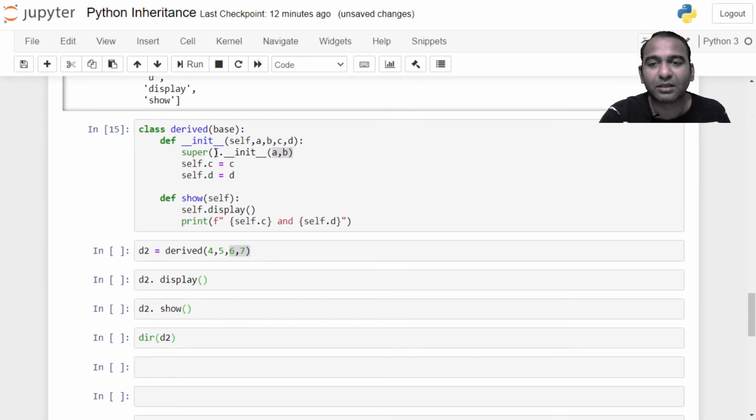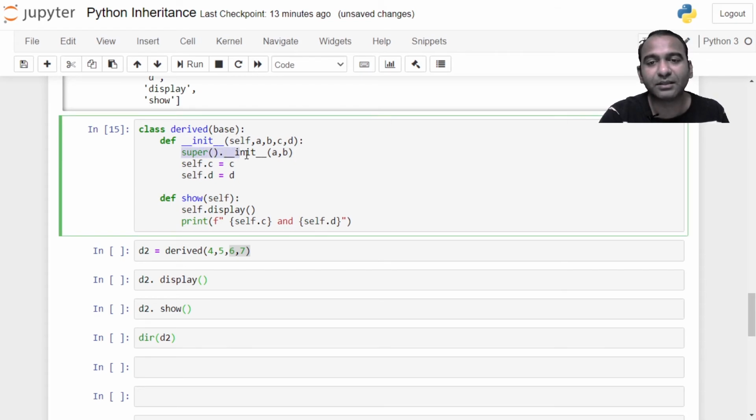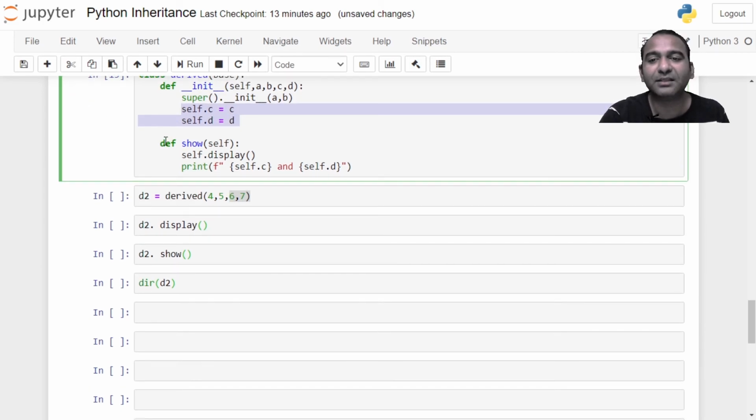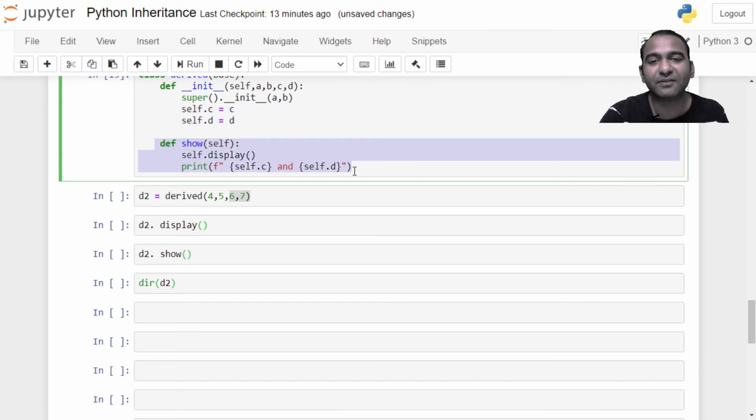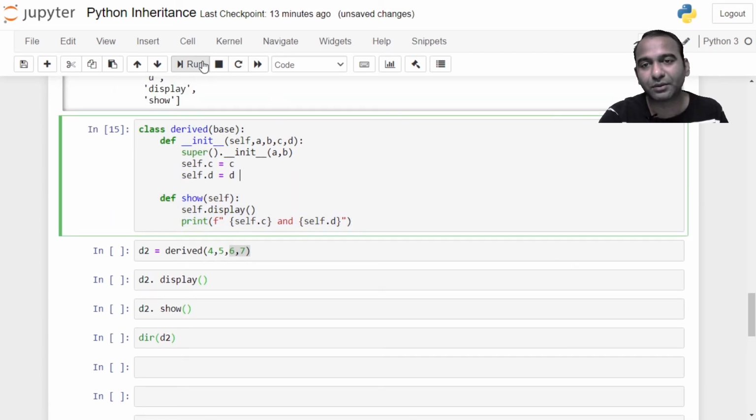So the derived class init is accepting 4 arguments as parameters A, B, C, D. Via super, it is calling the constructor of the base class, passing the first 2 arguments A and B, and the second 2 arguments are for initialization of the derived class members which are newly added, along with the show function which is also newly added. We have seen this in the previous code also.